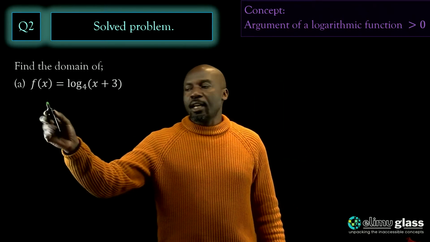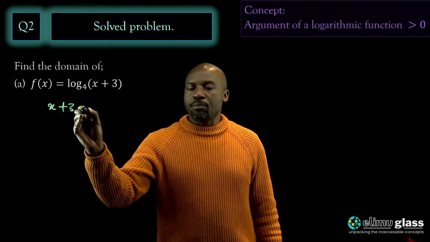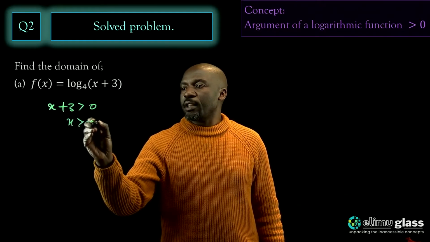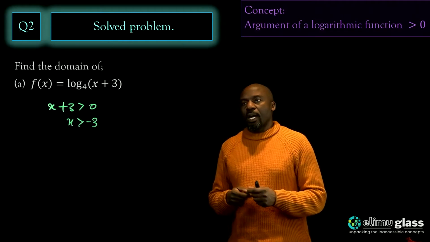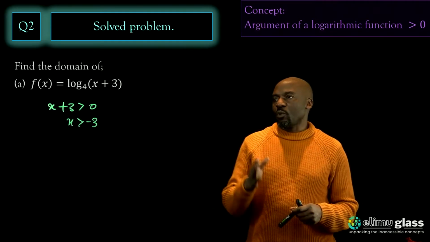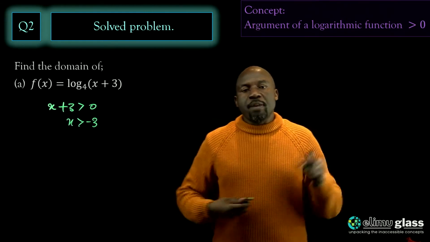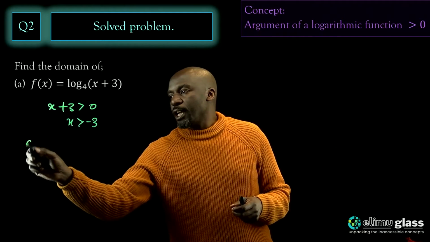So we are saying here that x plus 3 must be greater than 0, which means x must be greater than negative 3, which means we have a vertical asymptote at the point where x is negative 3. We can already sketch this, but maybe we want to look for the y-intercept and x-intercept, so we can say that at